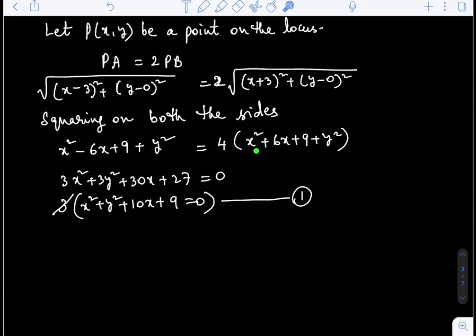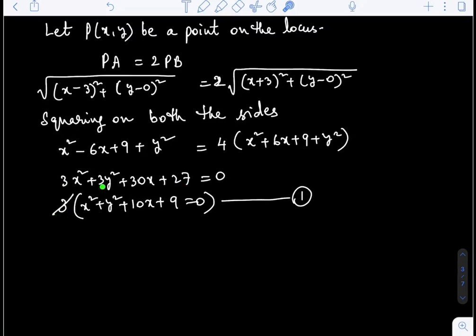Here it will become 4x square. Take x square to this side, it will become 3x square, plus y square will go to this side. 4y square minus y square will become 3y square. 4 sixes are 24x. This minus 6x when it comes to this side will become plus. 24 plus 6 is 30, and here 4 nines are 36. Here 9. 36 minus 9 is 27,